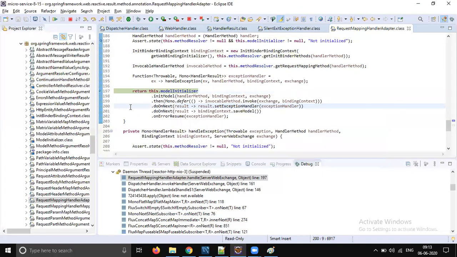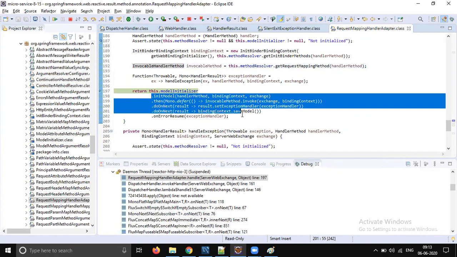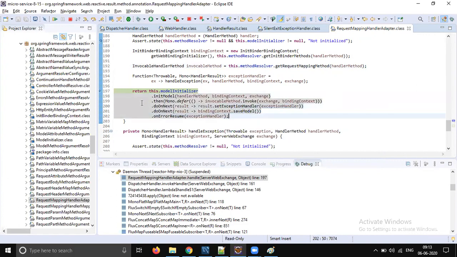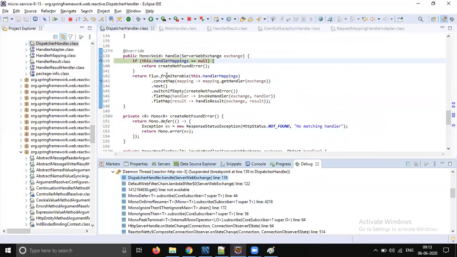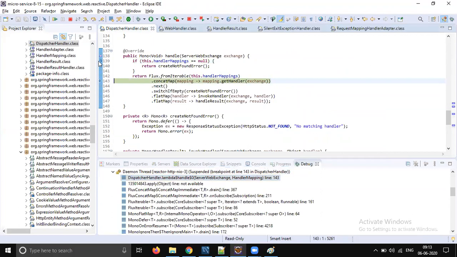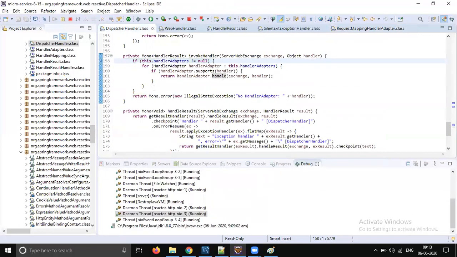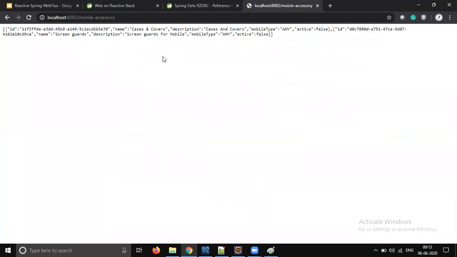You see that it's mostly Java reactive programming. Invocable method dot invoke, right? But it is not the direct Java reflection API. It is built on top of the Java reflection API. Spring built some other layer on top of it, but internally the Java reflection API is going to be used, and Spring will execute that particular method, right? Just press F8. You'll get the result. Okay, so you get the response.